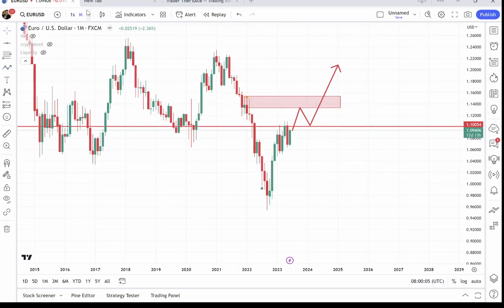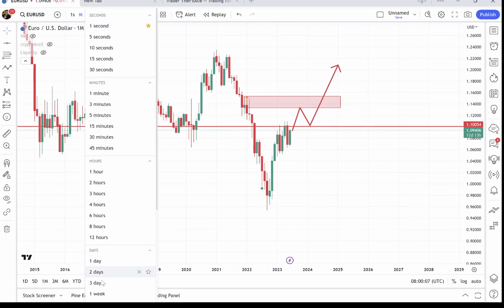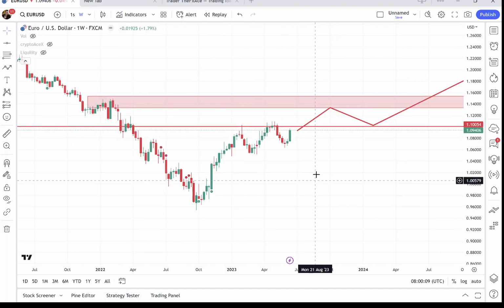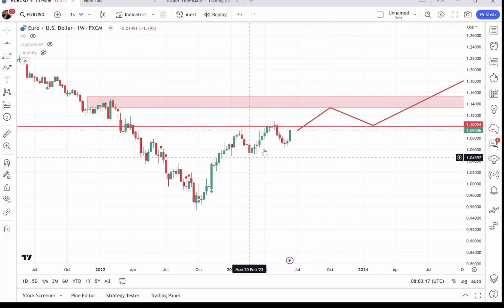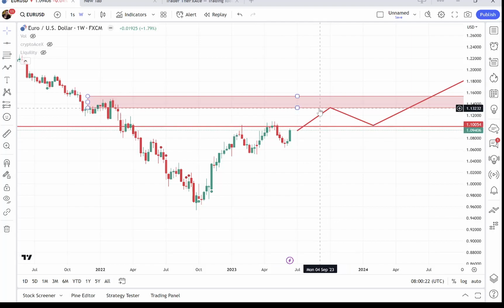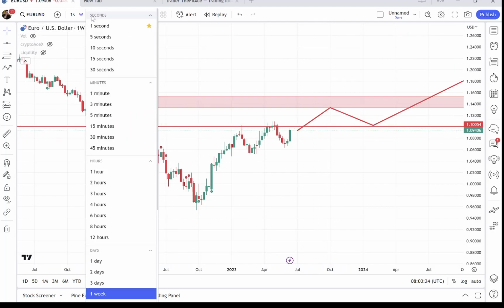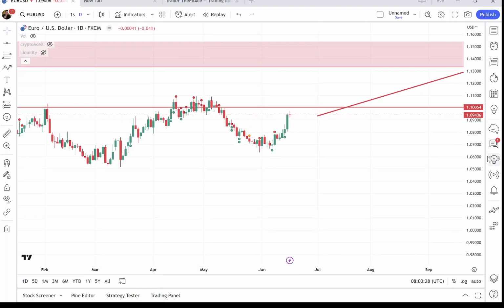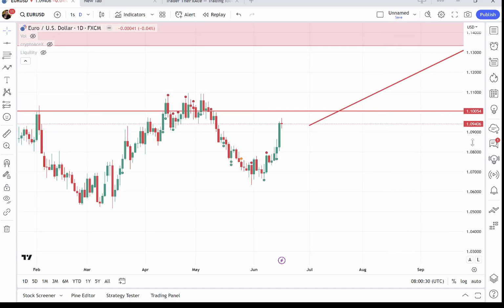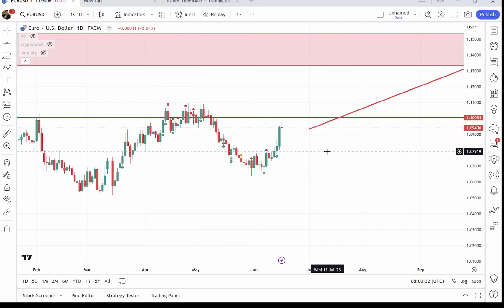Short term this week, what I want to see, look at the weekly charts. Again, this is looking like basically the strength of this candle here last week. This is looking like it's about to break out to the upside, again up towards 114. So I'll be looking to re-enter a buy on this pair to get in on this buy trade. I wouldn't look to sell this week. I would want to see